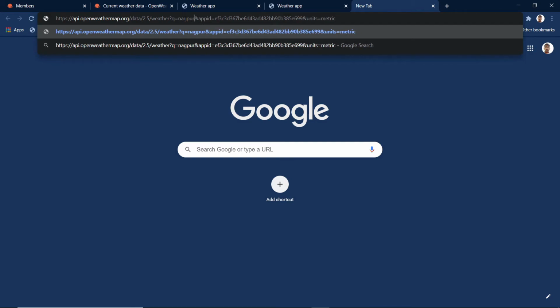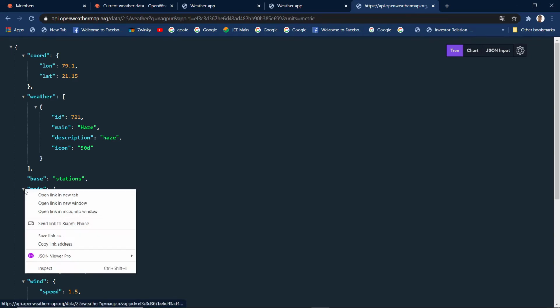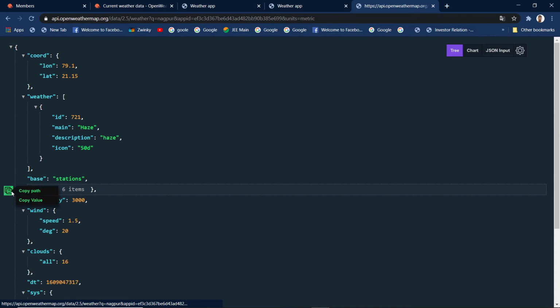Let's remove these double quotes. If we make the get request to this particular API, we'll get back this JSON object. Now this is rendered properly as I am using JSON awesome. So we said the temperature was inside the weather data, that is the total JSON object, inside main, then temp at 23 degrees Celsius. If you just want to know its location, click copy path and you can just paste it over here.